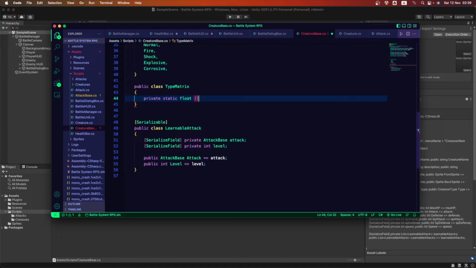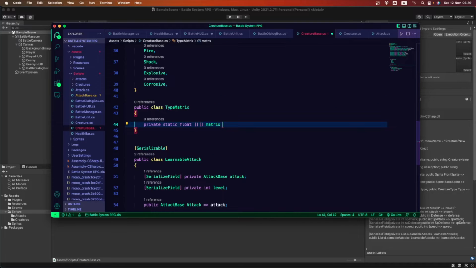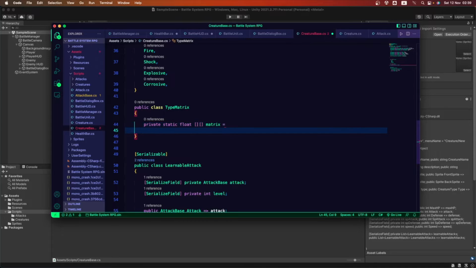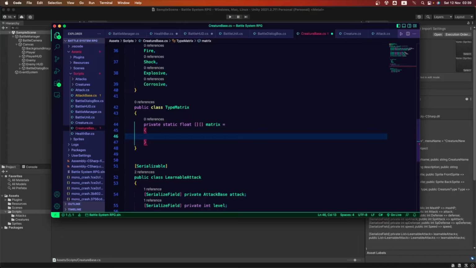As I said, it is a two-dimensional array, and this is how we declare it. Now this is going to be equal to, and let's open up curly brackets again inside here.